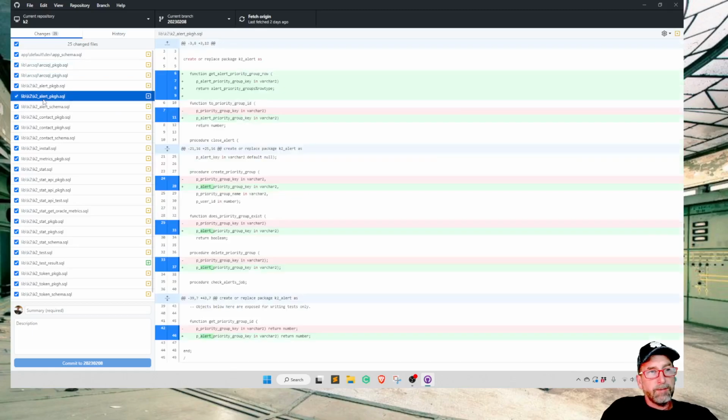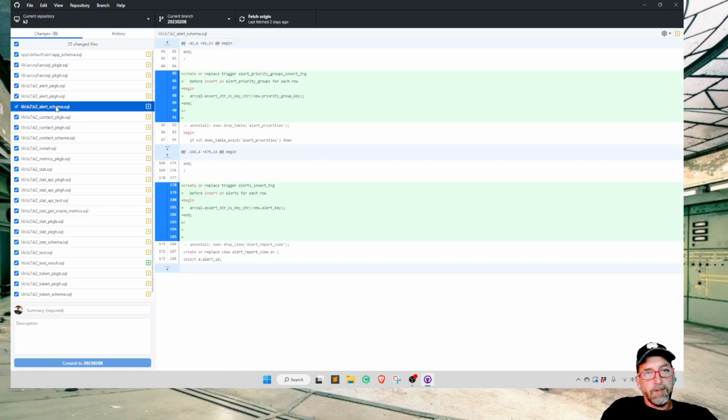Moving on, alert package header. Changed pre-priority group key to alert priority group key. I talked about that in the last video. Just as I was writing my tests and working on chart density, I noticed some of the naming was inconsistent. So we're going with longer names. They're clearer. They're not as pretty, but